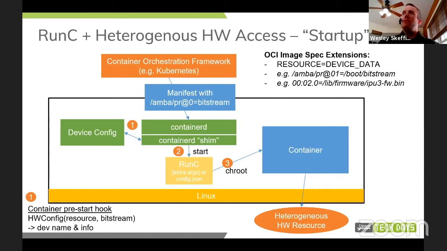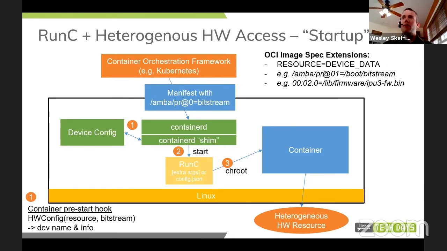So if we look at just heterogeneous hardware access at startup, what we're specifically talking to first is an image spec extension to be able to have this additional metadata, key value pairs to identify that there's an incremental resource required for the container, and then where and what is that device data associated with that. So in this example, we've got an FPGA-based accelerator. We would represent that in the image manifest of the container with this device name and then pointing to the associated FPGA bit string that would be programmed.